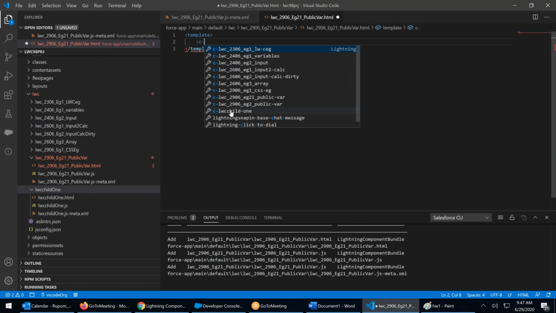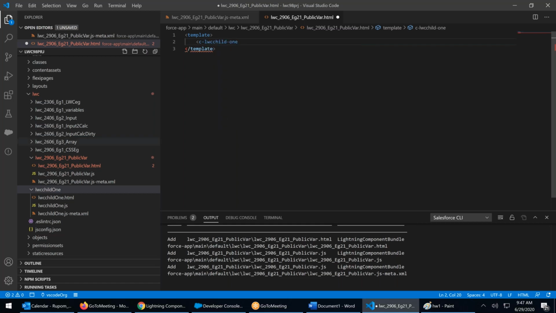Always choose the name from here. If you're using caps in your name, see that none of the caps are there. See how we type the name. You see here 2406 example 2, but 2406 example 2 became small automatically. So remember that it's a naming issue everywhere. See, this is how it has been called. Dash, wherever there's a caps, the system will make it